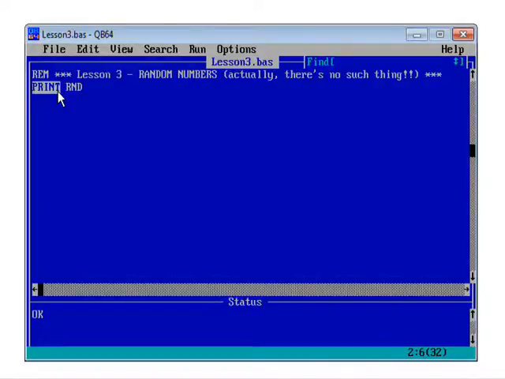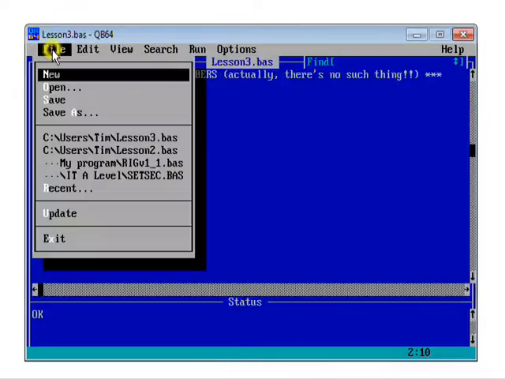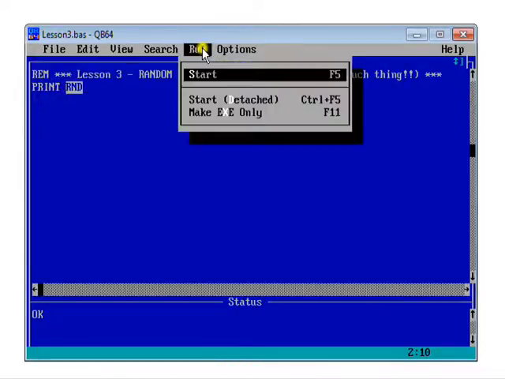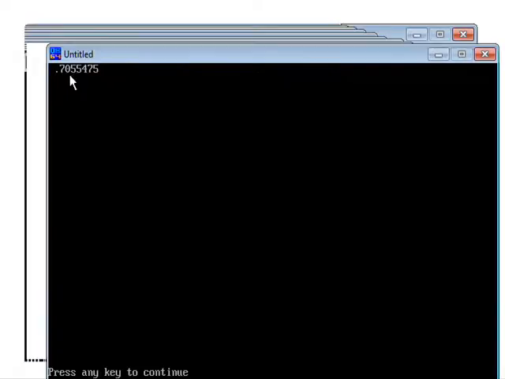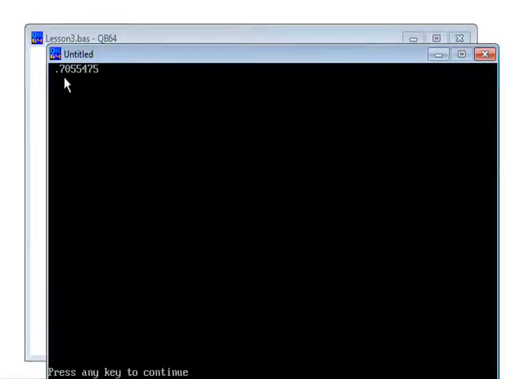Well, the print statement, which we've seen before, is just printing a value on the screen. It's the RND statement here, which is doing the random number generation bit. So this instruction generates a random number and then prints it to the screen. So let's save the program and run it. And we've generated a random number,